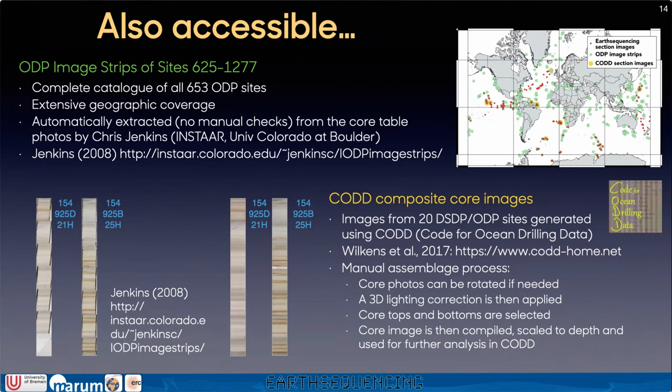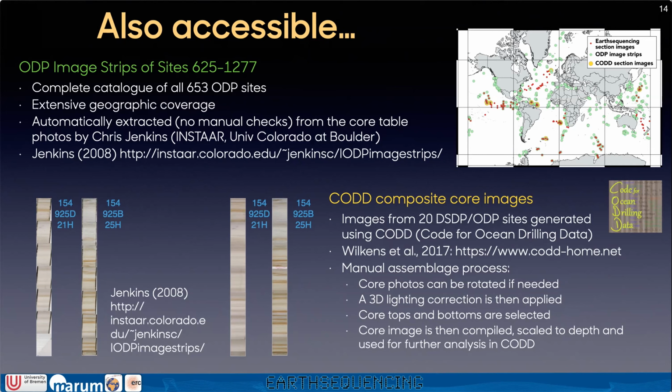And the last, currently the smallest component, are images that are generated using COD, or Code for Ocean Drilling Data, which is software that Roy Wilkins and Thomas and myself and a few others have been involved with developing. These involved the manual extraction of these core images. So cores, again, can be rotated to remove any skewness. There's a 3D surface lighting correction, which is applied as these core images often have single light point